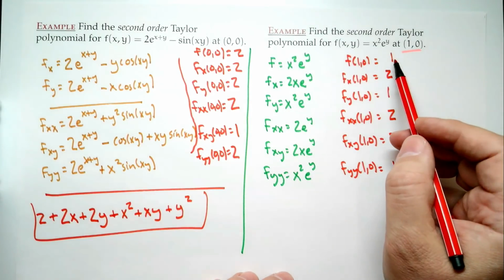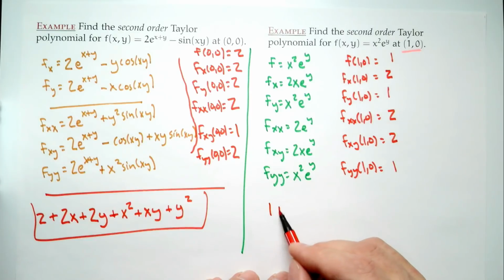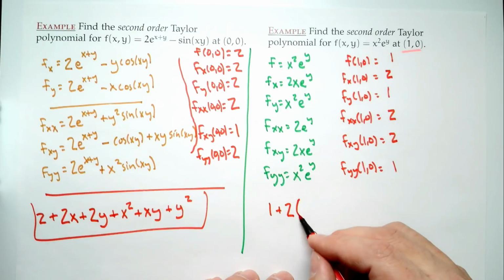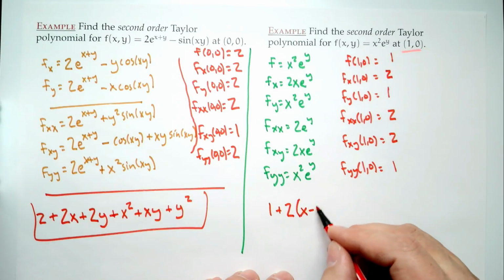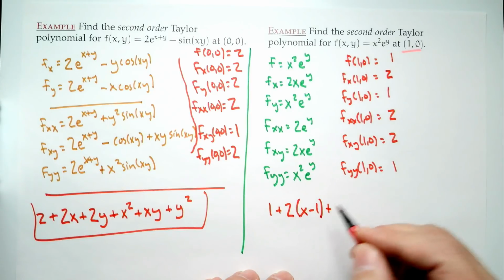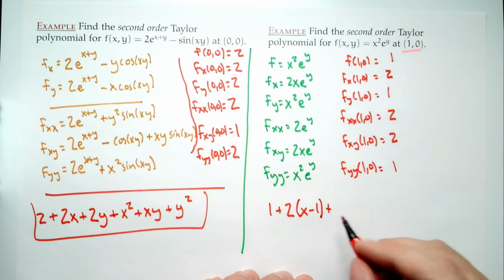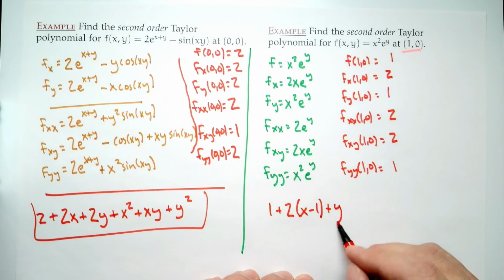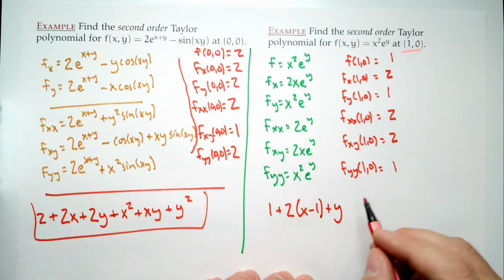We say, okay, so it's the value of the function, 1, plus f sub x evaluated at 1, 0, times x minus a. So in our case, it's x minus 1, plus f sub y evaluated at 1, 0, which is 1, times y minus b. Well, b is still 0 in this case, so it'd be y. Plus